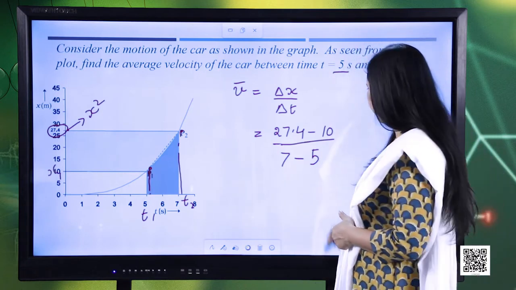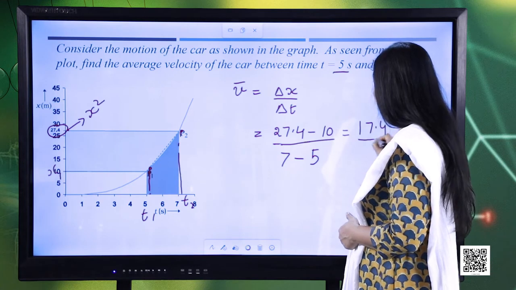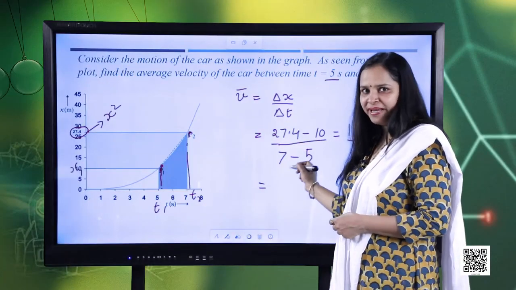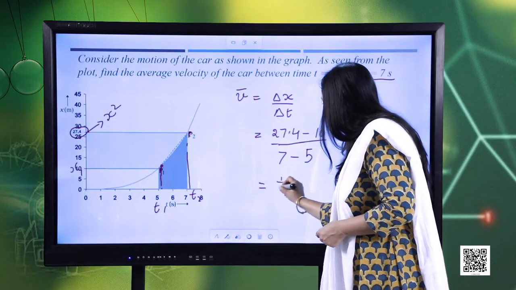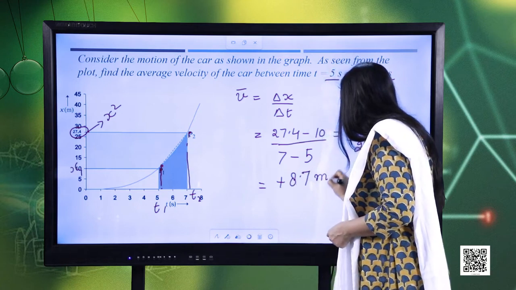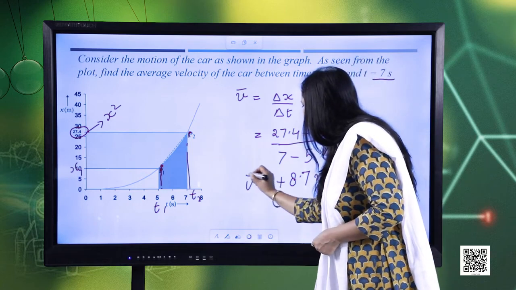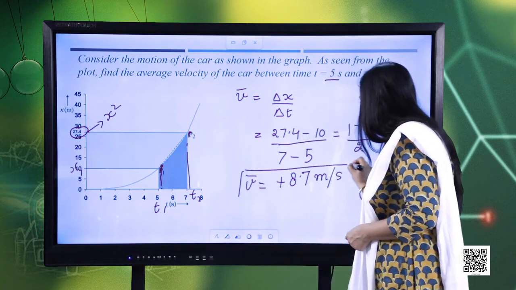So when you solve it, you get 17.4 upon 2, and this will be equal to plus 8.7 meter per second. So this gives us the value of the average velocity between this duration,